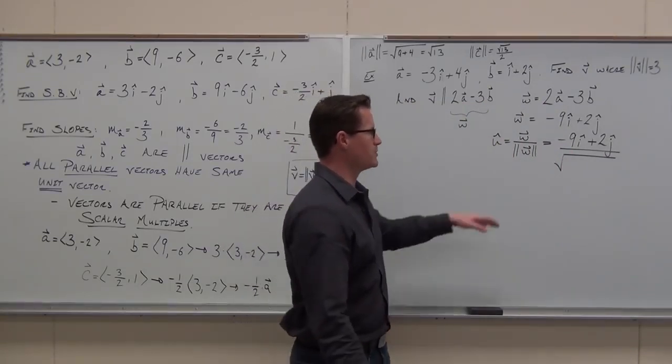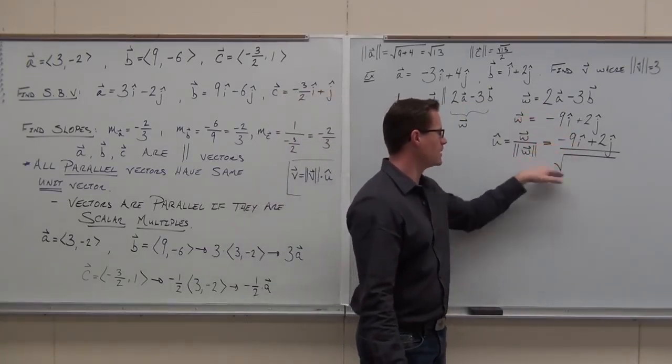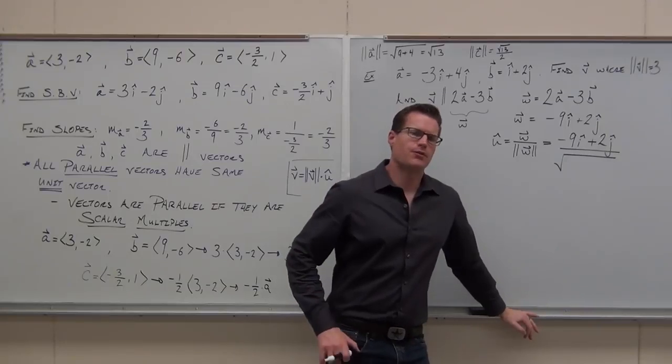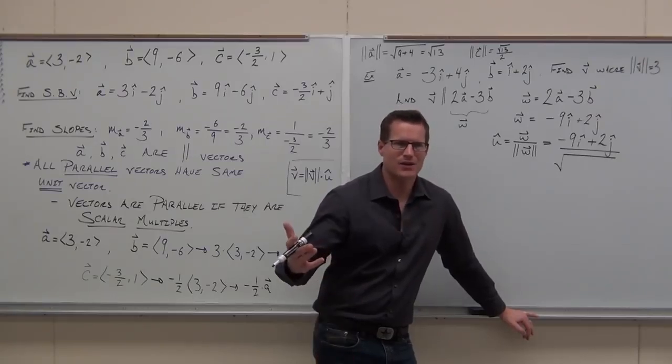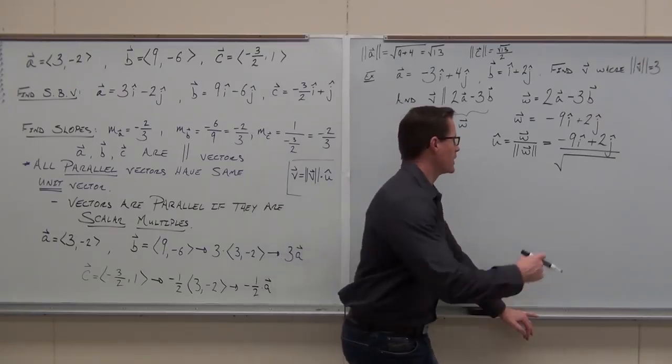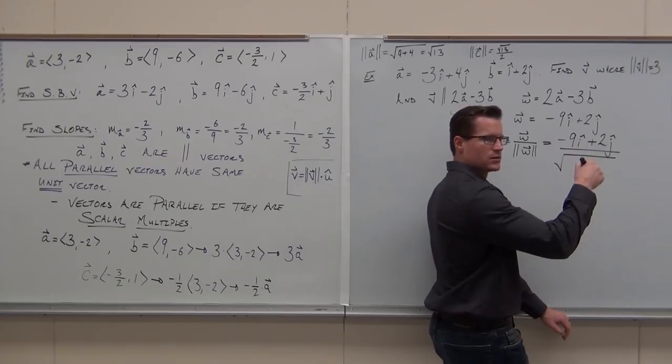I always like to do the magnitude just in the problem, so I'll write my vector, do the magnitude. Do you ever have to worry about negatives when you're finding magnitude? I don't even think about them. Just negative 9, who cares? You're squaring it. So we're going to get 81 plus, so altogether we'd have,